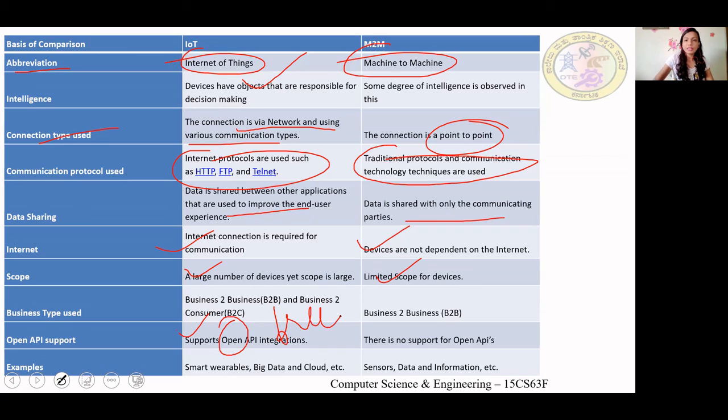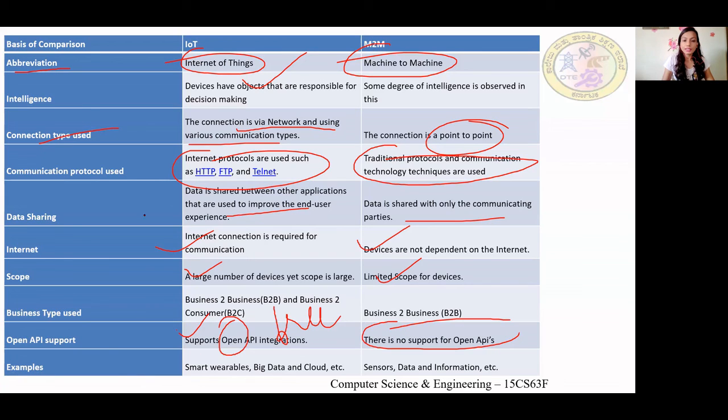For IoT, many people are collaborating and developing. Open source means, maybe Kavya has developed something and she puts it in the open source, and maybe Rahul wants to advance it. He can take Kavya's code, modify it and give a better version. And anyone who wants to use it can use it free. But in M2M, there is no support for open APIs.